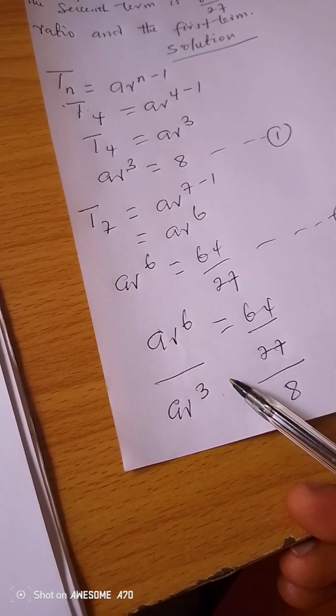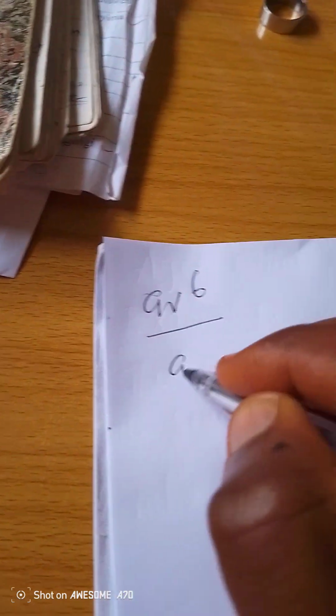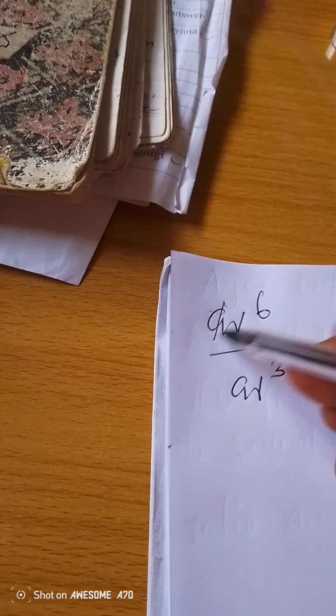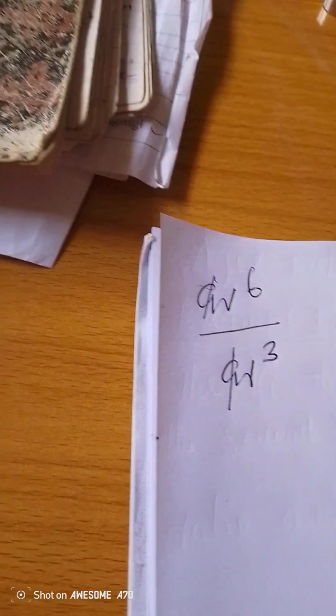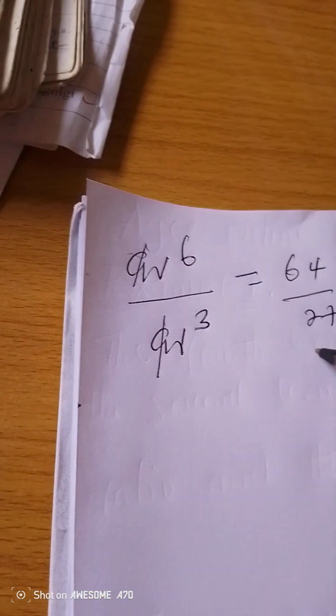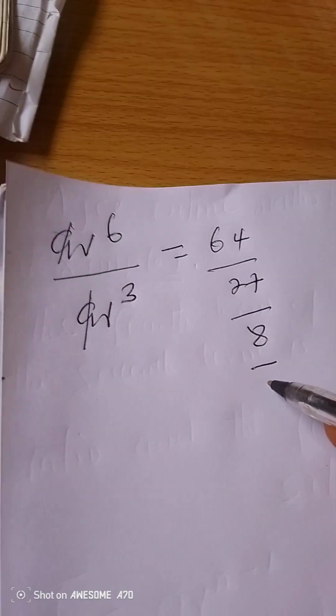Let's continue. If we consider the left hand side of this, here we have A R raised to power 6 divided by A R raised to power 3. And then you observe that the A and A will cancel out, and then this will be equal to 64 divided by 27 divided by 8. So if we assume the 8 is also dividing 1 here,